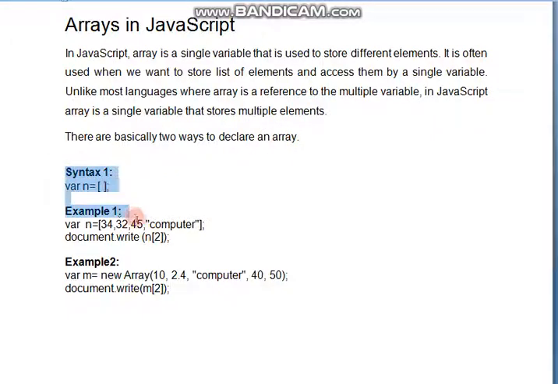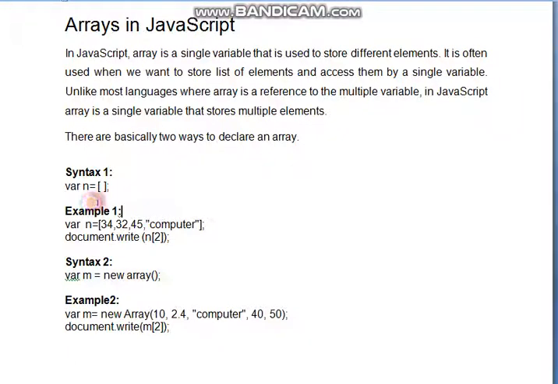Fine. So there is syntax given for it. There are two ways we can declare an array in JavaScript. That is example 1, example 2, both are written. So you can see here syntax 1. In syntax 1, we can use square brackets. Where is the keyword to declare the variable? Then we can keep here n equal to square brackets. It means the array variable n gets declared in this case, not initialized, just declared. So one syntax is like this, with square brackets we can define.